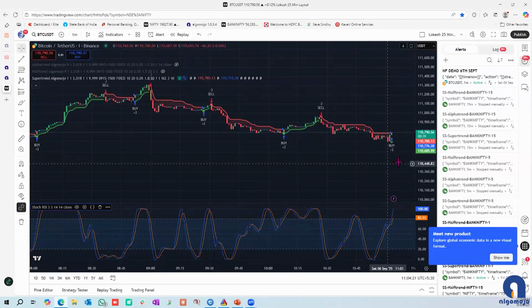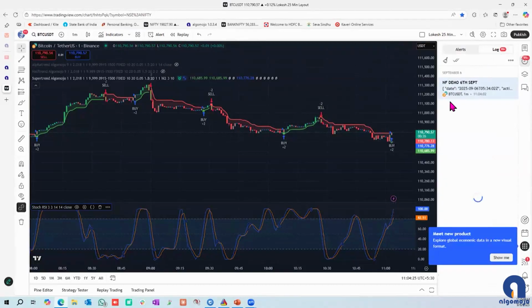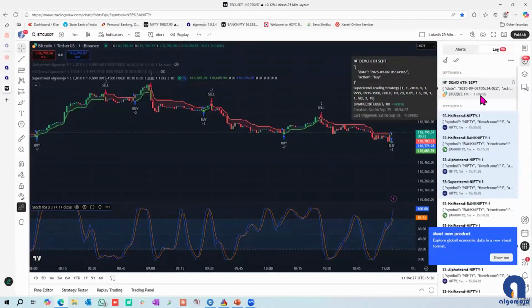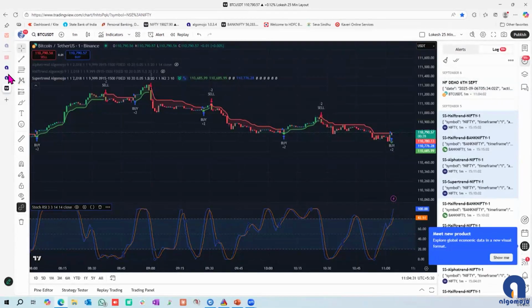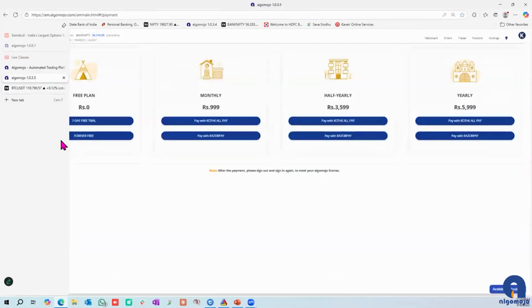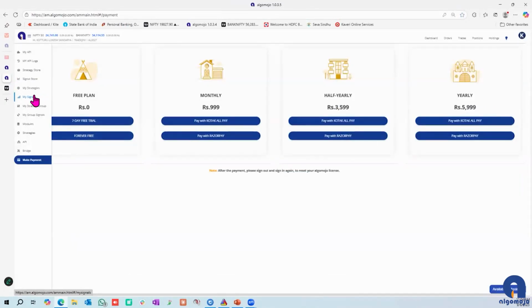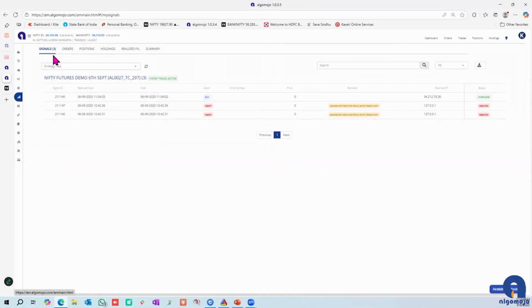While we were discussing, you can see that a buy signal was generated and an alert would have been created. As you can see, there's an alert which has come at 11:04. So let us look at what has happened to this alert. Any alerts or triggers which happen, you can see under this tab called My Signals. If you go to My Signals, it will show you that there's a signal which has just come at 11:04